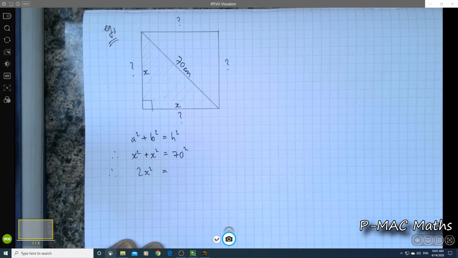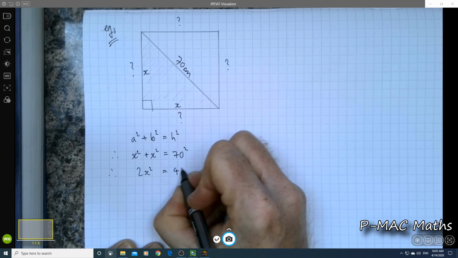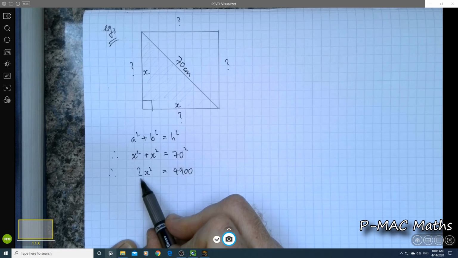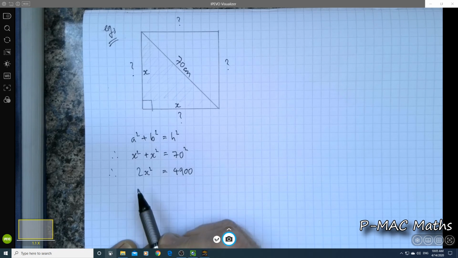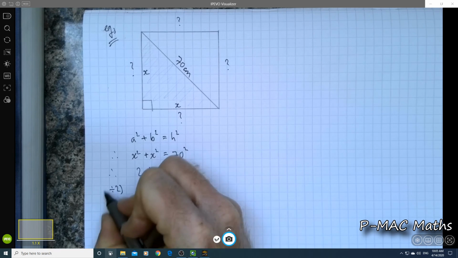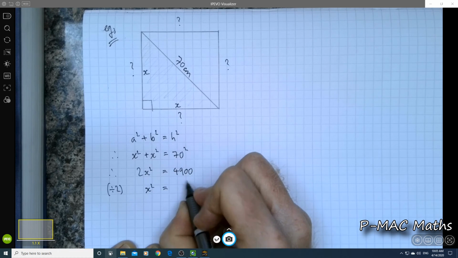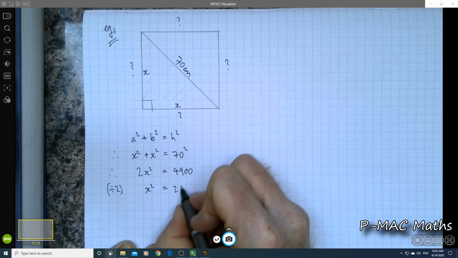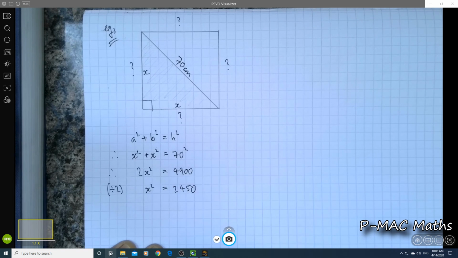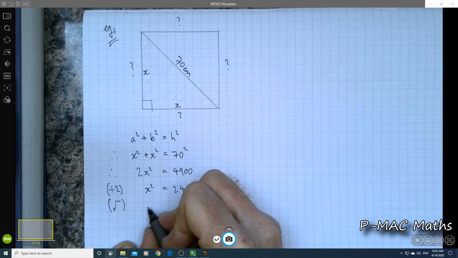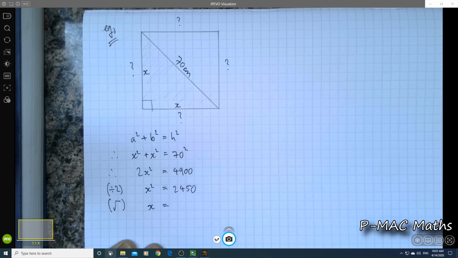And 70 squared, did I really just reach for the calculator then? 70 squared is 4,900. Now we're trying to get x on its own, and I can't take a square root yet because of this multiplier 2. So I need to divide both sides by 2. x squared is half of that, which is 2,450. And then finally, by taking the square root of both sides, x will equal